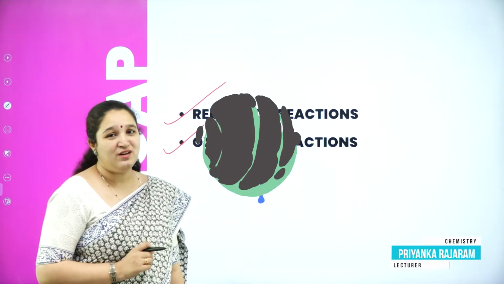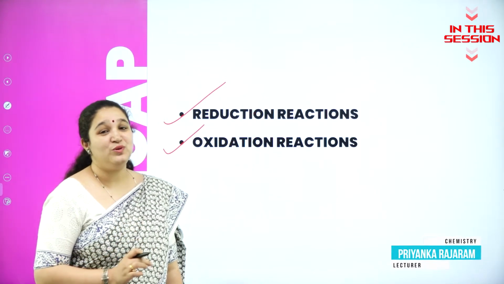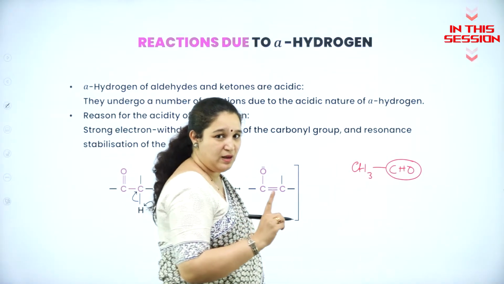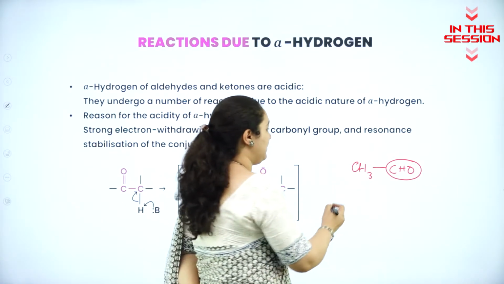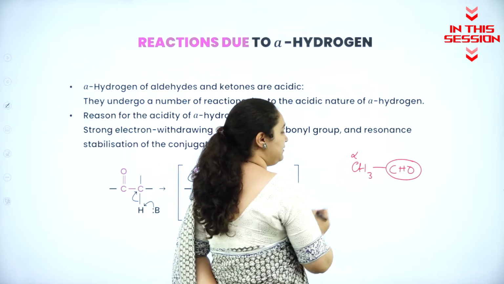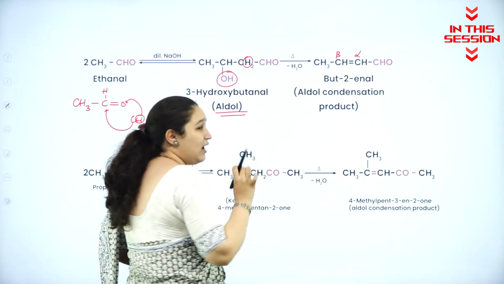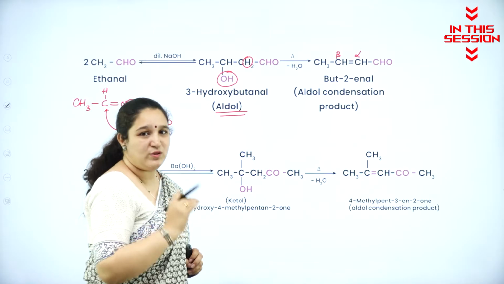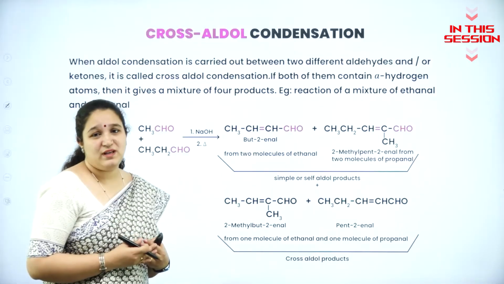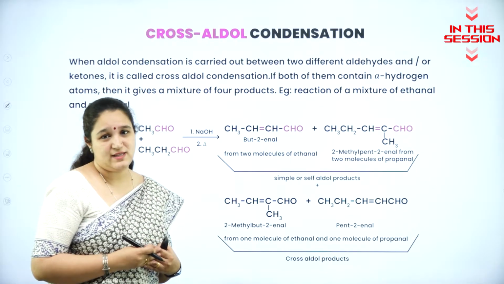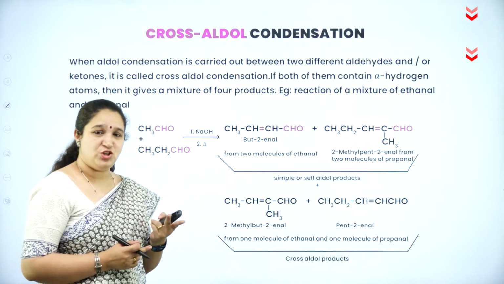Today, we shall learn the reactions due to the alpha hydrogen atom. The functional group is attached to one carbon atom. The immediate next carbon atom, we call it as alpha carbon atom. Alpha beta unsaturated carbonyl compound we'll get. What is the meaning of cross aldol condensation? If we take a mixture of aldehydes,